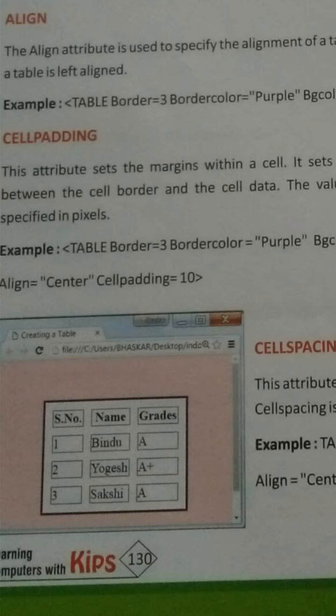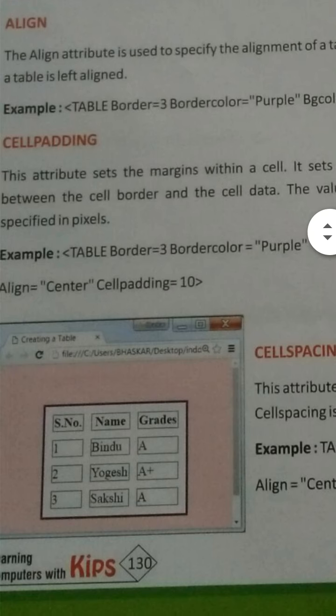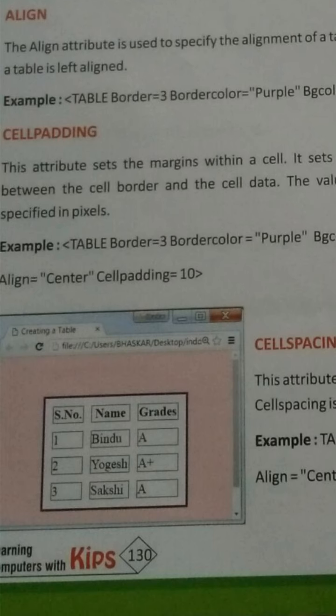Let us start. The next attribute of the table tag is cell padding. This attribute is used to set the distance between the cell border and the cell data.